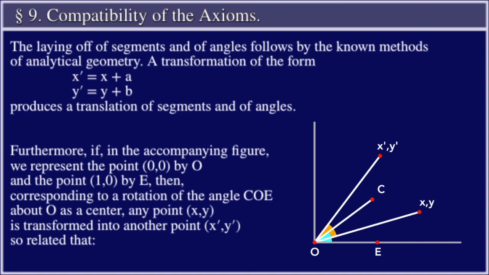A transformation of the form x prime equals x plus a, y prime equals y plus b, produces a translation of segments and of angles. Furthermore, if in the accompanying figure we represent the point 0, 0 by O and the point 1, 0 by E, then, corresponding to a rotation of the angle COE about O as a center, any point x, y is transformed into another point x prime, y prime so related that